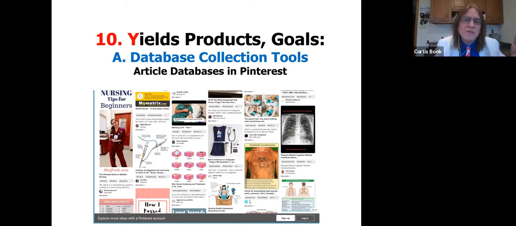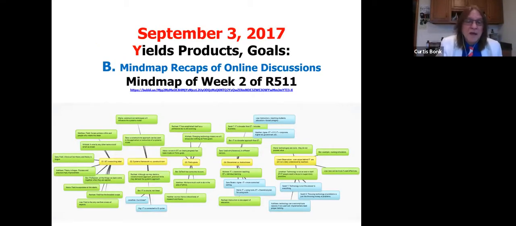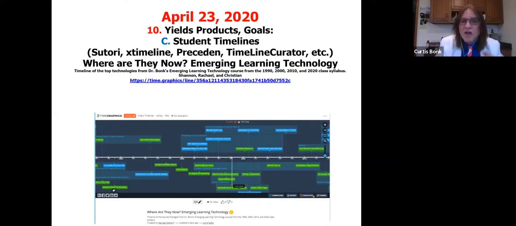Whether the student is creating a database or using Pinterest. Pinterest has taken off, by the way, in the past 6 months. Millions and millions of people around the world are using Pinterest. Mena created a lovely Pinterest summary in my class a few years back. Mind mapping tools to summarize their learning. My students take the discussion forums in Canvas or Blackboard and they create a mind map of the discussion as a final activity. Or you might create a timeline using X Timeline or Timeline Curator of all the content in